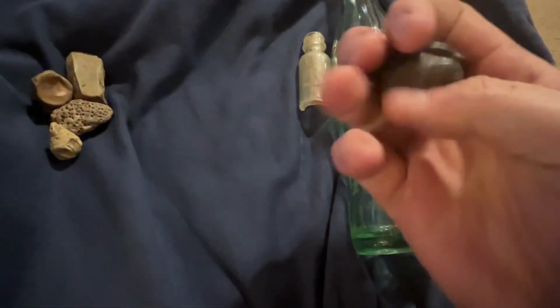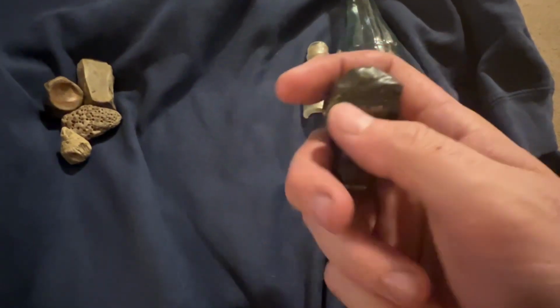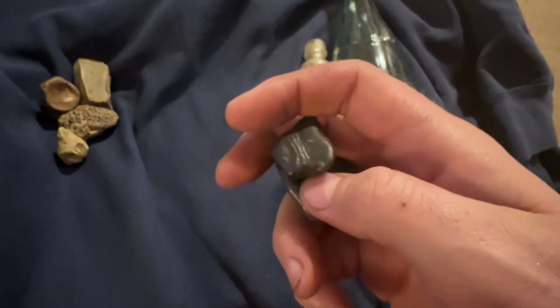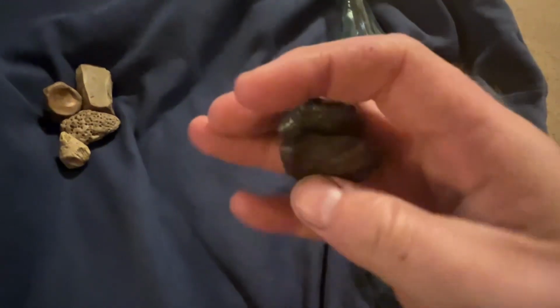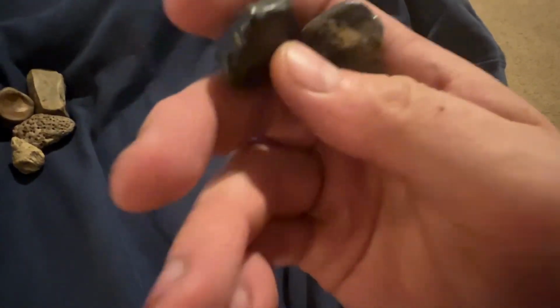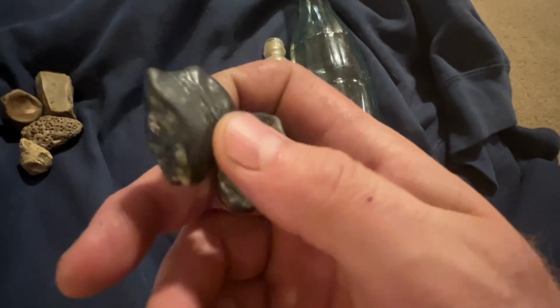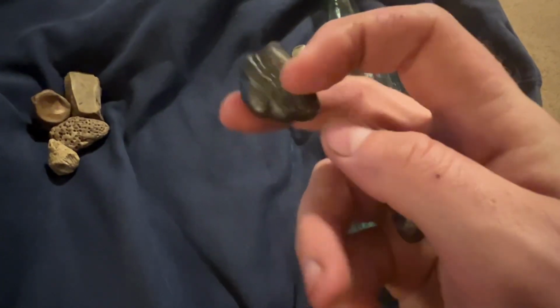These, I don't know what they are. I thought they were hematite, because I've never found hematite. I know what it looks like, and I told the boy I wasn't 100% sure that it was, but we taken and asked a few people. But my uncle, he actually showed me a few pieces of hematite. He actually had some faceted hematite that he'd found down at the Ohio River. And this obviously isn't it. I don't know what it is. It's kind of light, but it's real shiny. And it feels kind of like a rock, but kind of metallic. There's lines on that one. There was a bunch of it at the river. I don't know if it's like iron ore or what it is, but